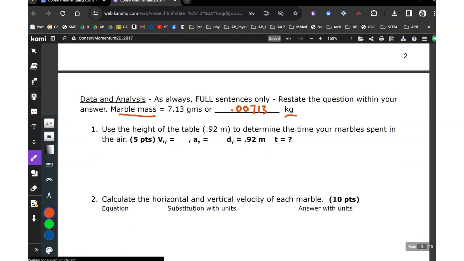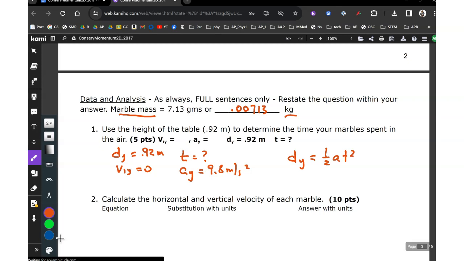That's right, okay. I'm not sure, one class did this already, but just in case you didn't, the vertical drop of the marble was this. The Viy, because it was projected horizontally, is that. The time is what you want to find. And of course, the acceleration due to gravity is 9.8 positive meters per second squared. The fit on that one would be dy equals 1/2 at squared. You've got the dy, you've got the a, and that's how you can find the t. I think it's about